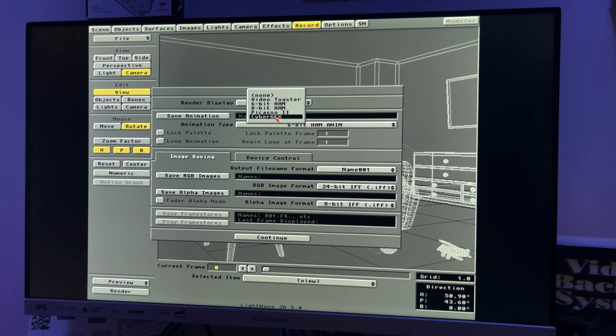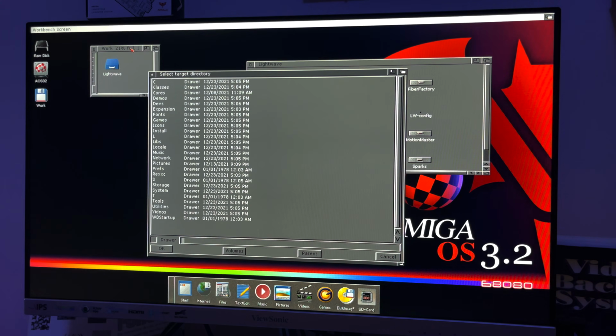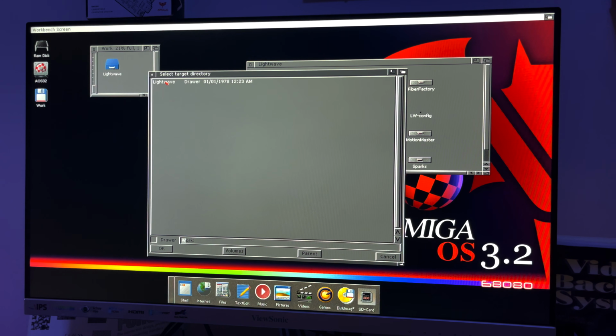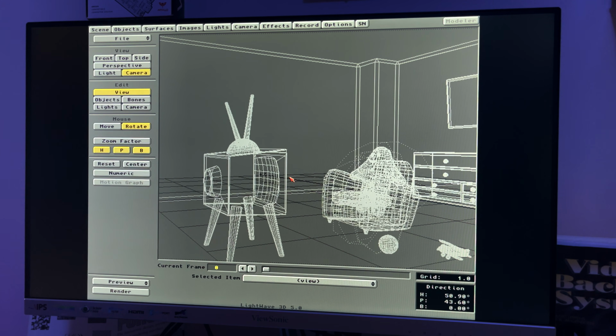And we'll pick Cyber Graphics, and it's going to ask for an assign, which I have not done. That's why it's coming up. But Workbench 3.2 lets you do a temporary assign. So we're going to go assign. We're going to pick where my Lightwave is at, which is Work Lightwave. Click OK. There you go. So all it was doing is it was looking for the folder where Cyber Graphics' config was, so it'll work. So now if we press F9,